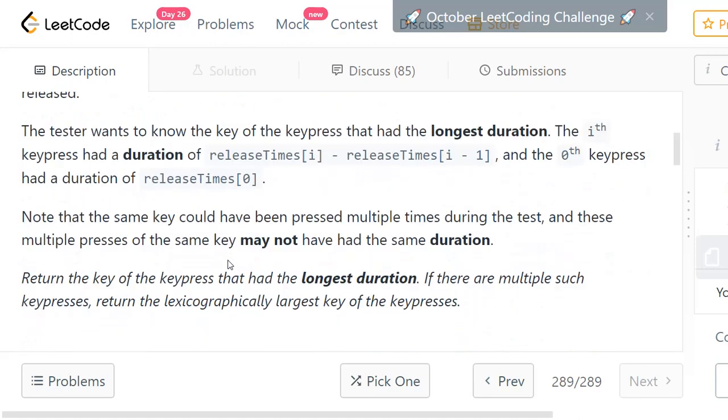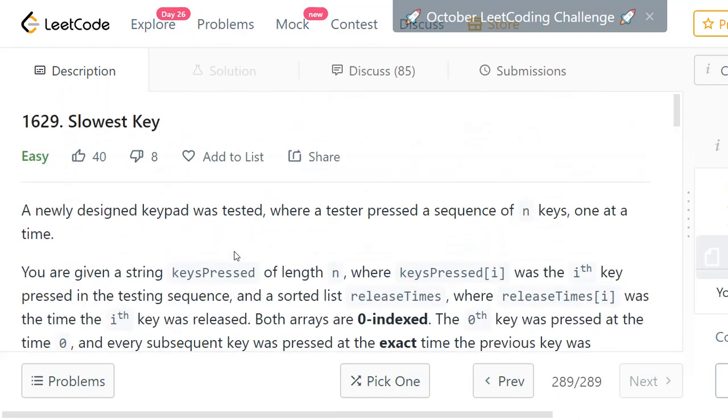So given these constraints and the problem description, what should be our approach? The straightforward approach that we can think of is, because it is an easy level, there won't be any specific constraints.